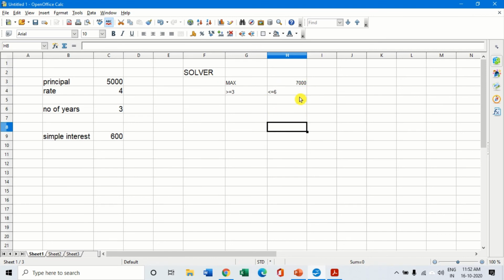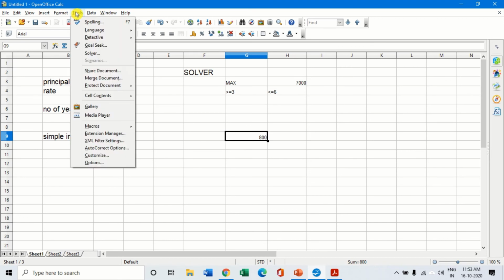So these are the conditions which I want, according to which I want my simple interest to be at least 800 rupees. These are the 3 or 4 conditions that I am setting for my particular goal. The principal amount should be a maximum of 7,000 rupees, not more than that. The rate of interest can be between 3 and 6%, but my simple interest should come to 800. So I want to solve this particular condition and find out if it can come up in this way.